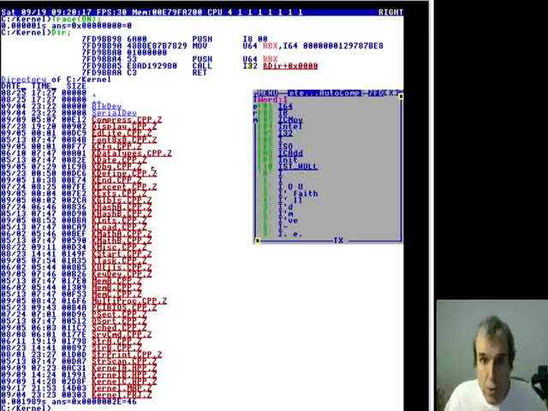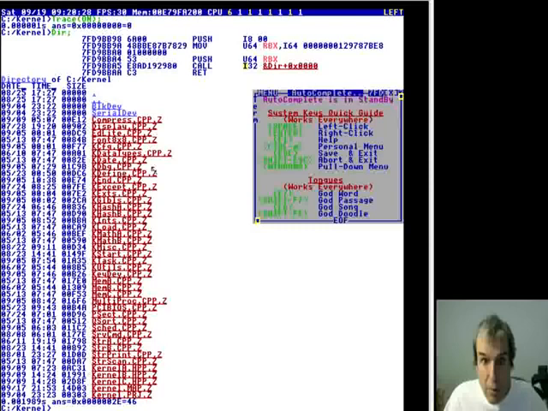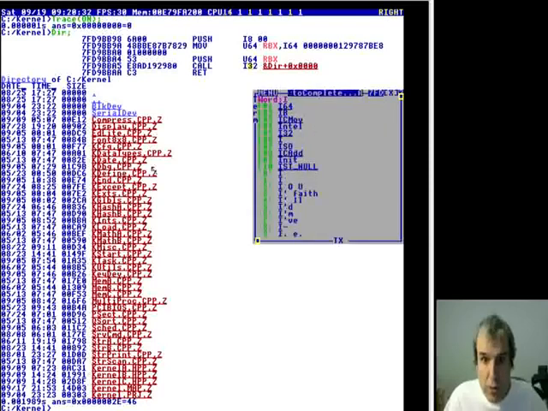On other operating systems, you have to do syscall or something like that, or software interrupts, to change to kernel mode. Well, all my code is placed in the lowest 2 gig, and so all code can be